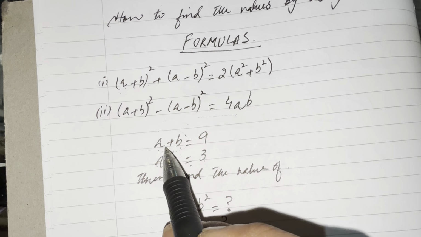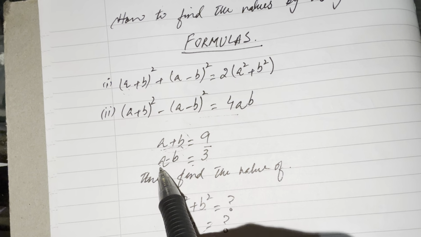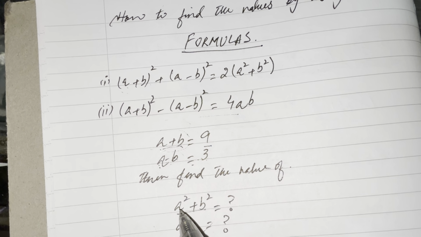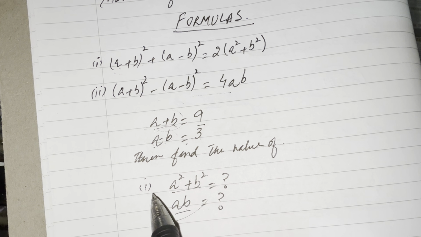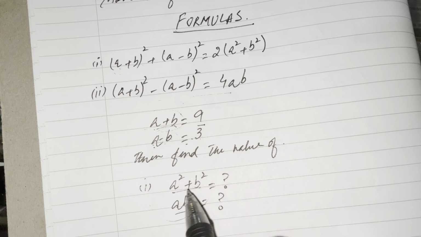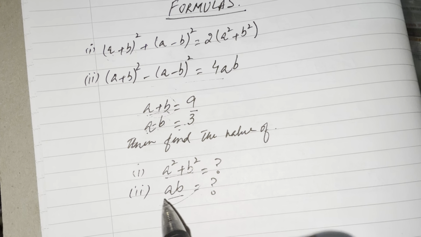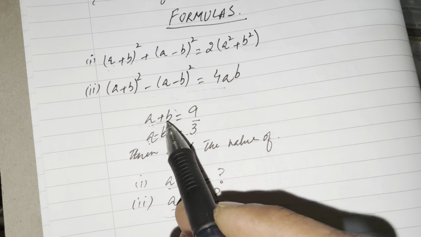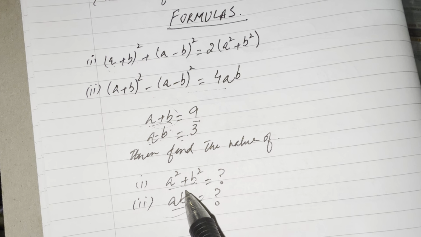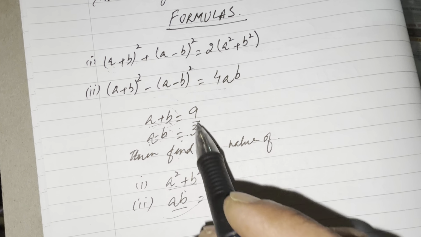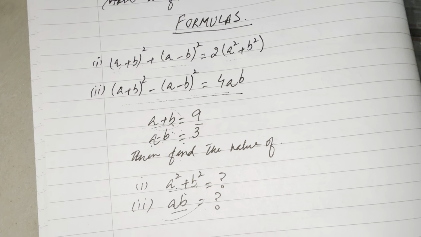जैसा कि यहाँ पे a प्लस b आपको दिया हुआ है, is equal to 9 और a माइनस b is equal to 3 दिया हुआ है। In the first question we have to find a square plus b square, and in the second one we have to find ab. So ये चीज़ें जो आपको गिवन हैं और जो आपने फाइंड आउट करनी हैं, वो इन दो फार्मूलाज में आ रही हैं।